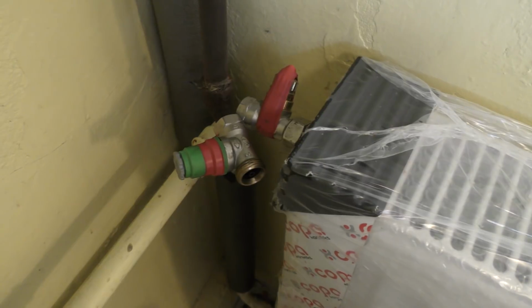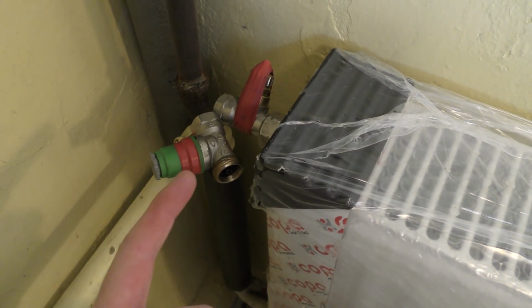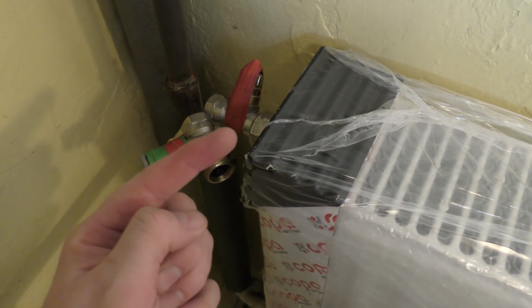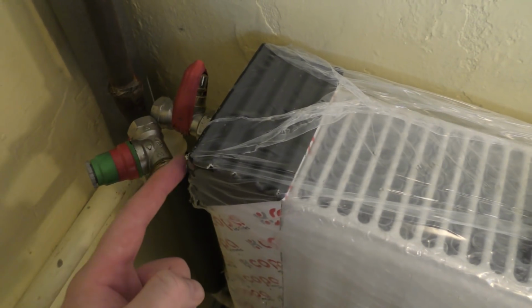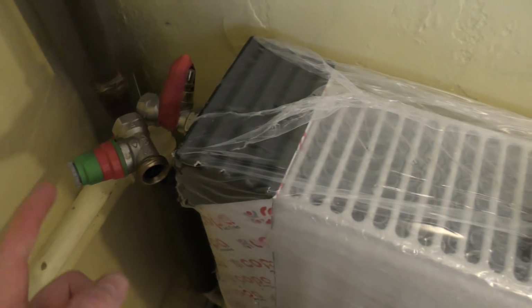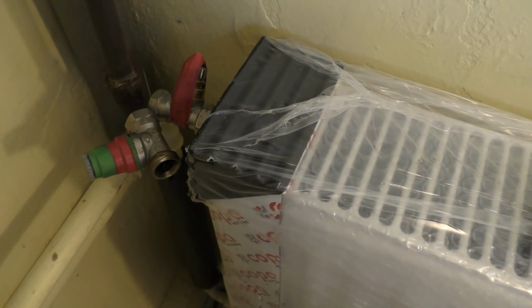Okay, this is where we're at. I have tightened it. It's not tight yet, but it's almost tight and it's sticking out this way. I just need to tighten it so that it goes that way. And to do that, I should really remove that thing. This should be shut, so it shouldn't be as much of a disaster as...